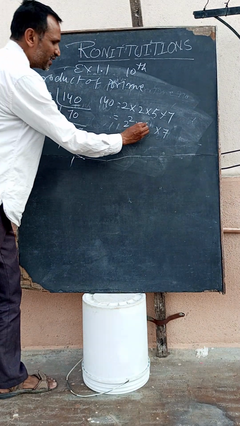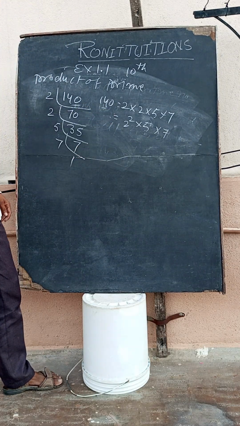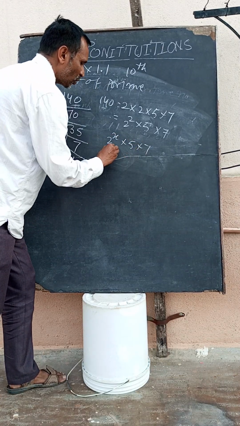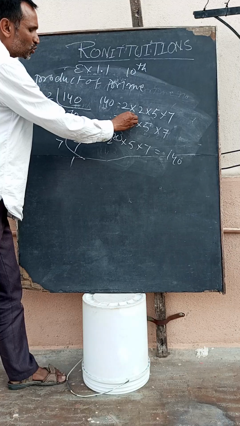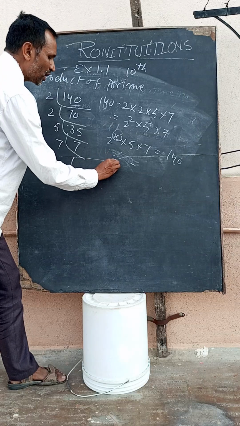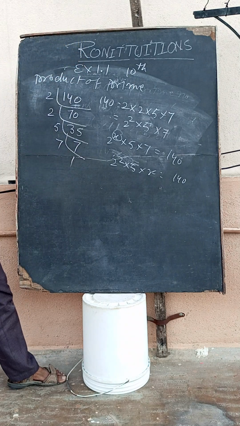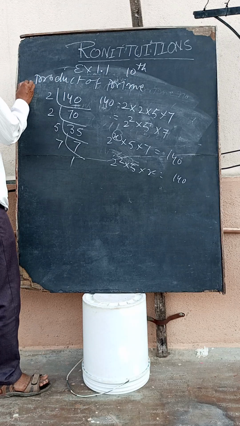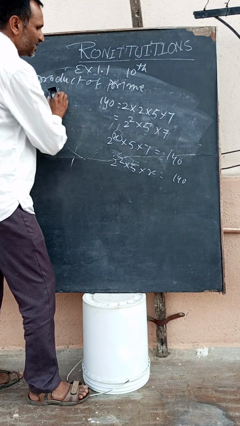In the board exam they will first ask you to write the number as a product of primes. Another type they may ask is: 2 to the power x into 5 into 7 equals 140, find the value of x. Here x is equal to 2. They can also ask: 2 to the power 2 into 5 into x equals 140, what is the value of x? Questions like that will be asked in the exam. So that is the first question in the CBSE NCERT textbook.